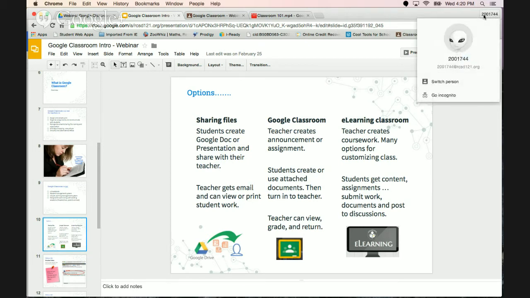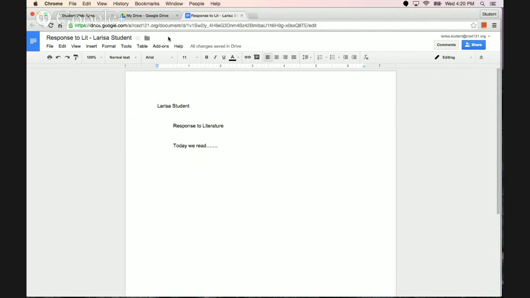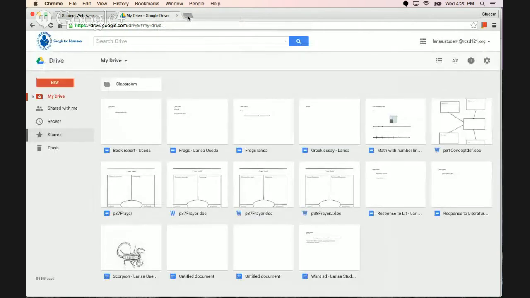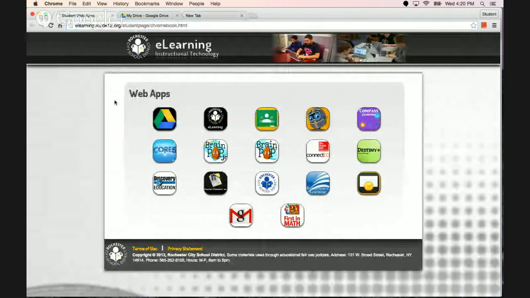So let's look at what Google Classroom looks like. First, we're going to look at it from a student view. Now, students can go from the student landing page. There is an icon that you see, the group of people with the yellow and green.